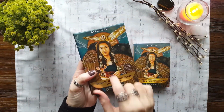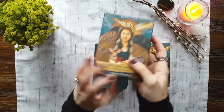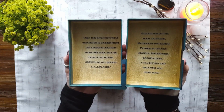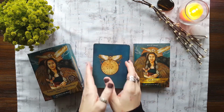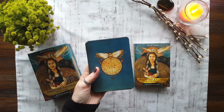This deck comes in a sturdy two-piece box, and it has lovely gold gilding all the way around. The top and bottom both have an inscription and a dedication inside, which is a very lovely touch. I don't often keep my decks in their boxes unless they come in a beautiful box like this one. The deck itself comes with 55 cards that measure about 3.5 by 5 inches, which is a pretty nice standard